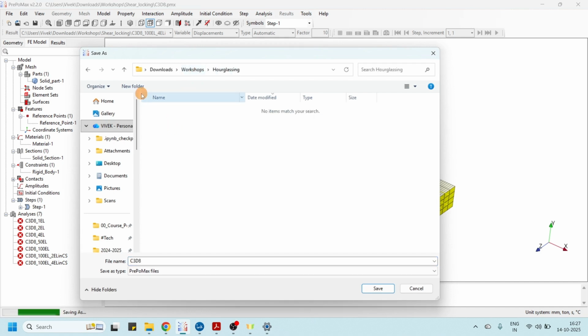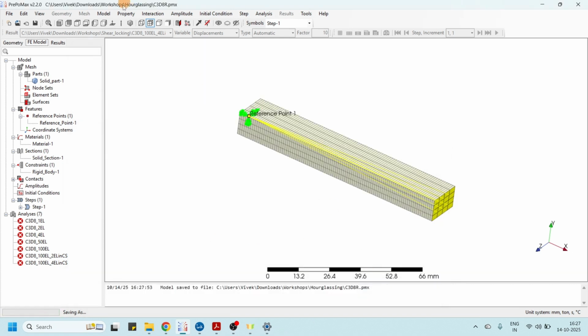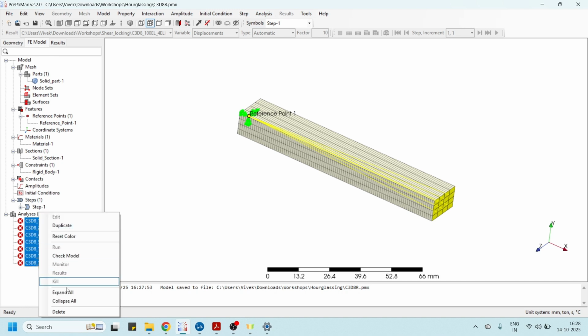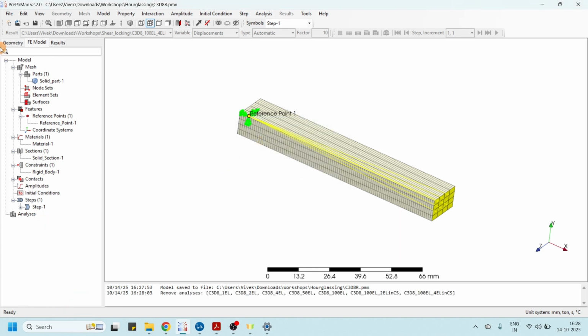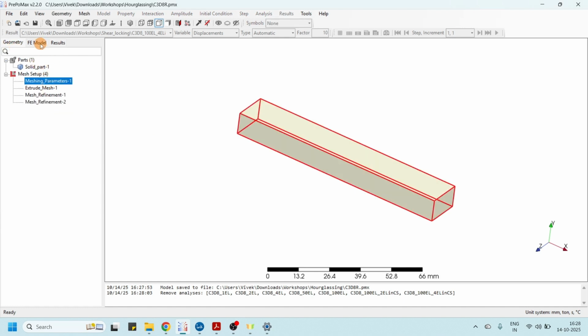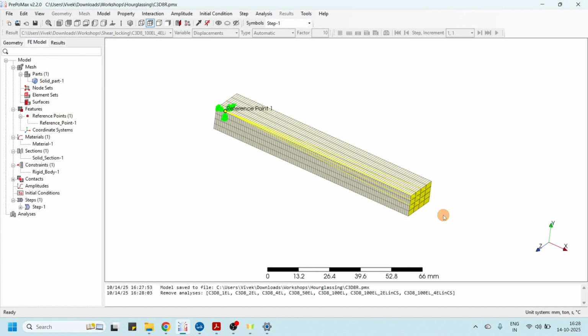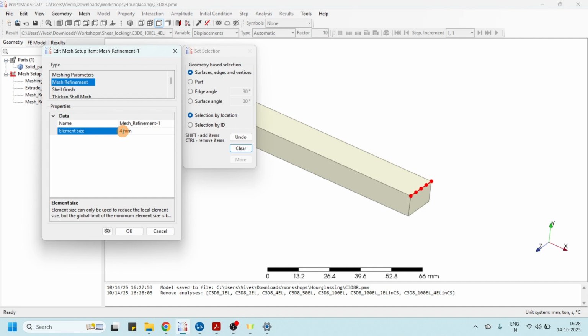in the hourglass folder. Okay, so I will say C3D8R. So we are going to the reduced integration element. Let me delete all this analysis. We will start with one element along the thickness. We know our dimensions are 16 by 10 mm. I will take one element along width and thickness